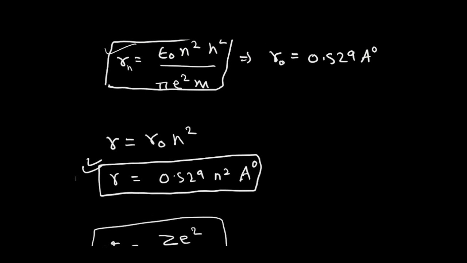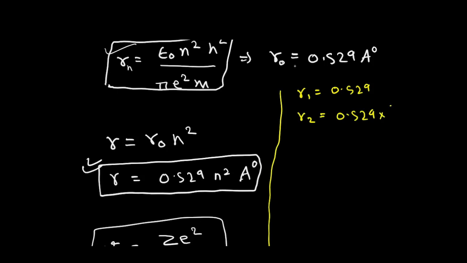Now let us do some analysis on this expression. When this is r1, what will be the value? 0.529, that is the ground state. In r2, what will this be? It will be 0.529 multiplied by n square, that is 4. Then in r3, it will be 0.529 multiplied by 3 square, that is 9, and so on. So if I take the ratio of these, r1, r2, sorry, r3,